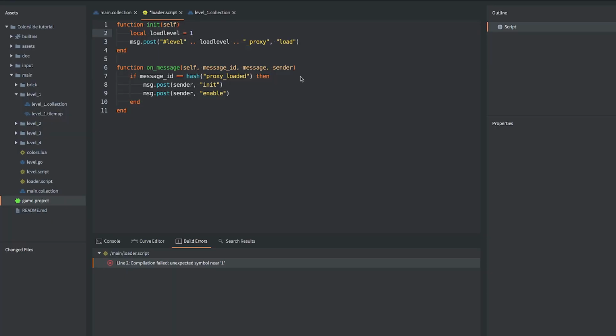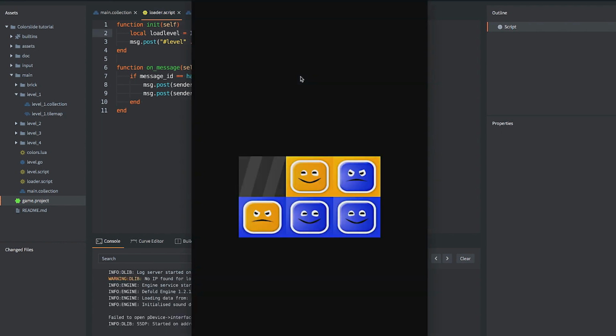In reality, you wouldn't probably do it like this, but it's just to get the point. So now I can... oh, sorry. What happened? Oh, equals 1. And also now I have local level 1. Yeah, exactly. It's important to keep stuff local. Otherwise, have fun debugging. So now I can switch levels easily by